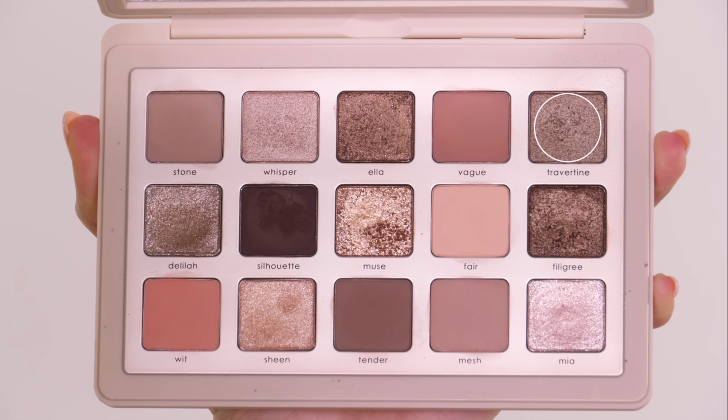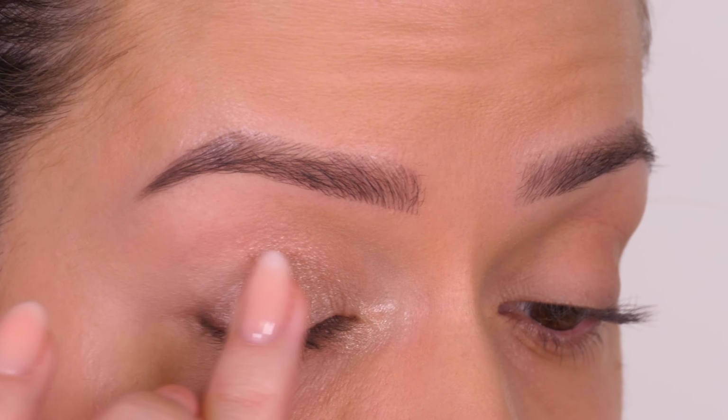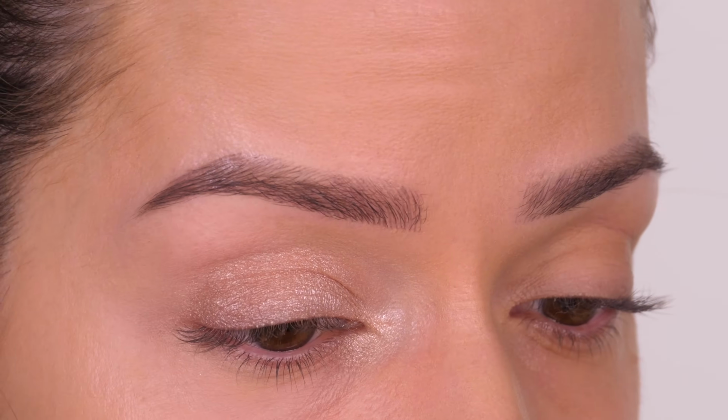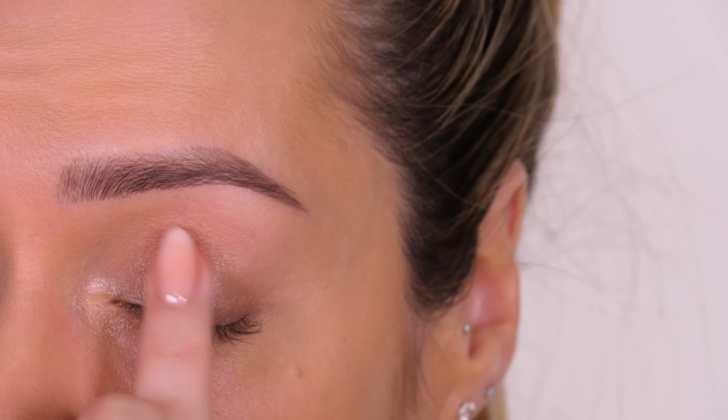On the outer half of the mobile lid, coming towards the centre to meet the first shade that we applied, I'm taking this shade called Travertine, which is a light brown. It also has this metallic sheen. Again, definitely works best if you apply it with your fingers. So start on the outer corner, and then as you get towards the centre, just lightly buff it into Whisper